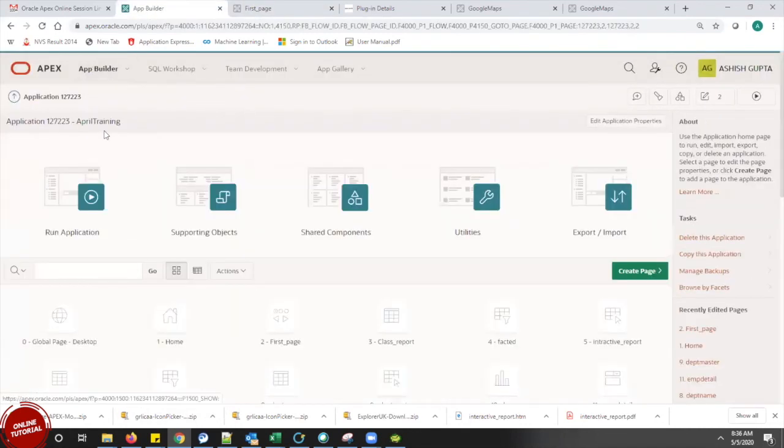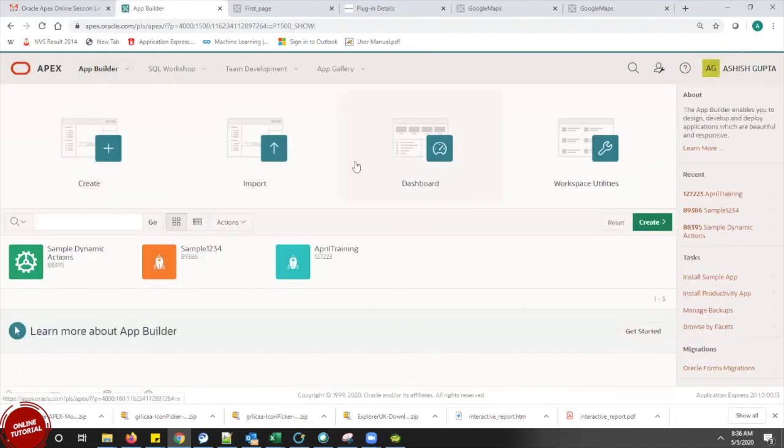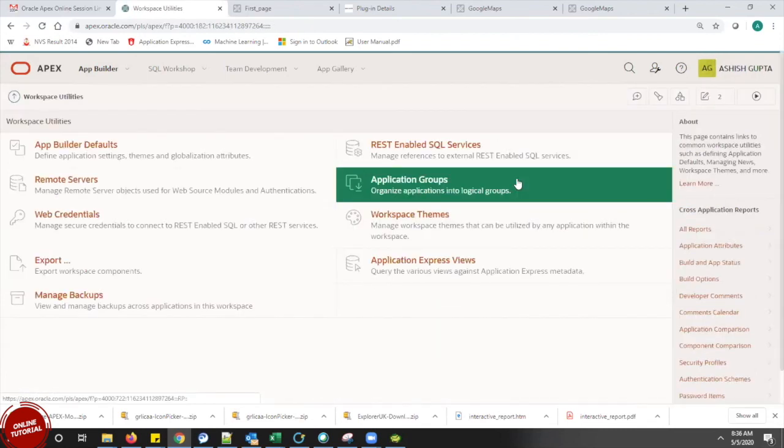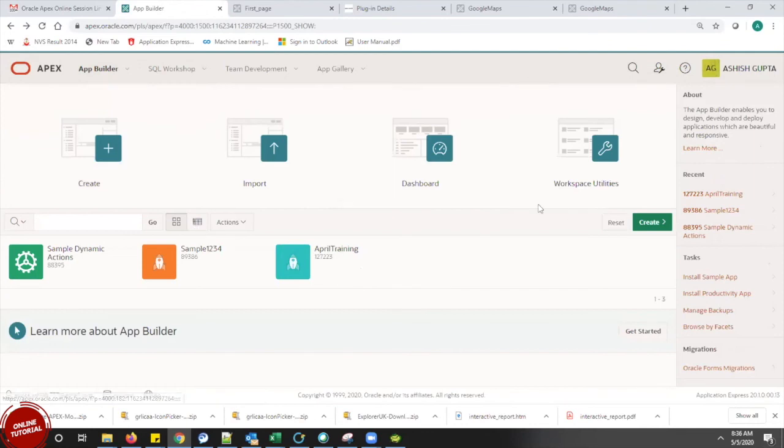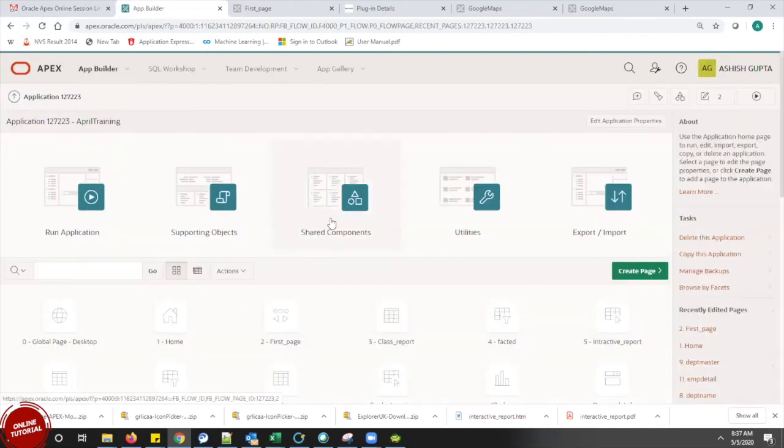Okay, to answer your question, if we go to the app builder, that is the starting point. We don't have anything as a shared component. See, this is a workspace. Inside this workspace, we have our applications. Here I don't have anything as a shared component that is going to be used for all of these. Inside my application only I have a shared component. So I have to install it separately for all the applications.